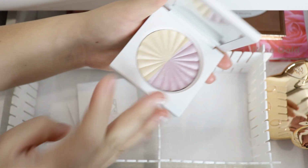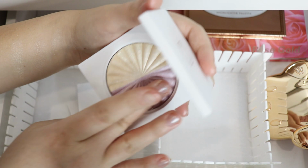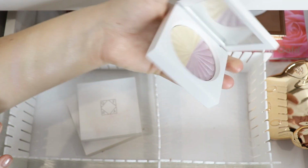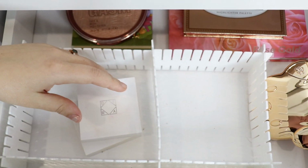Keeping. I'll swatch it real quick. One. Even though I don't really use the purple one, that is still really pretty. I mean, I kind of mix them. I don't really just use the purple one by itself, but